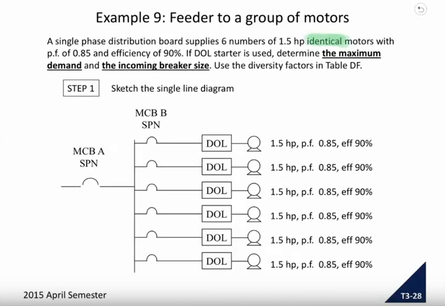Meaning to say is that we can infer that they belong to the same group. All right. And we all use direct online starter. So if you see direct online, then you have to remember that the factor is 2.5 when we calculate